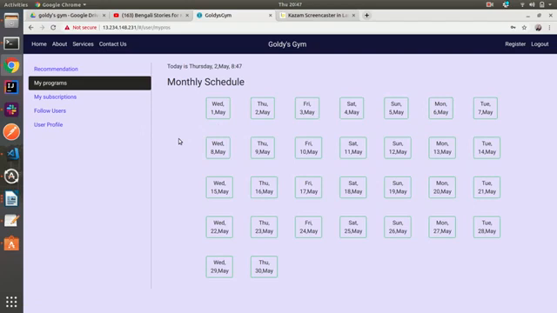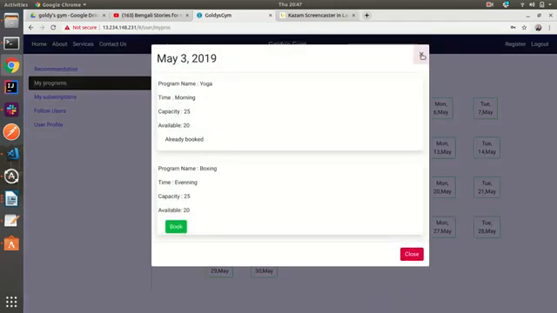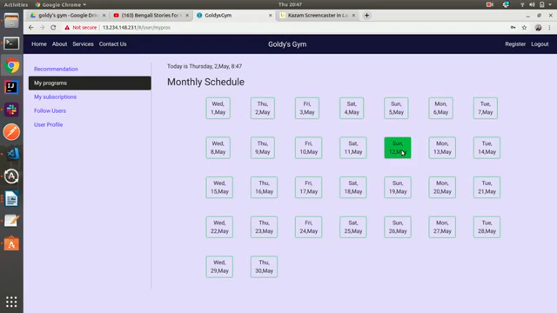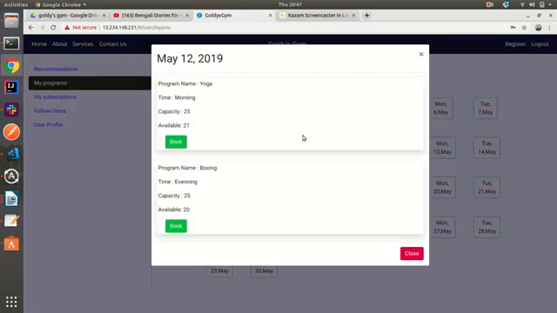where whenever a user wants to book a program for a particular day or particular slot, he or she can, like 3rd May. Let's take 12th May, and I want to book this program, yoga in the morning with capacity 25, where available seats are 21. I am booking this.